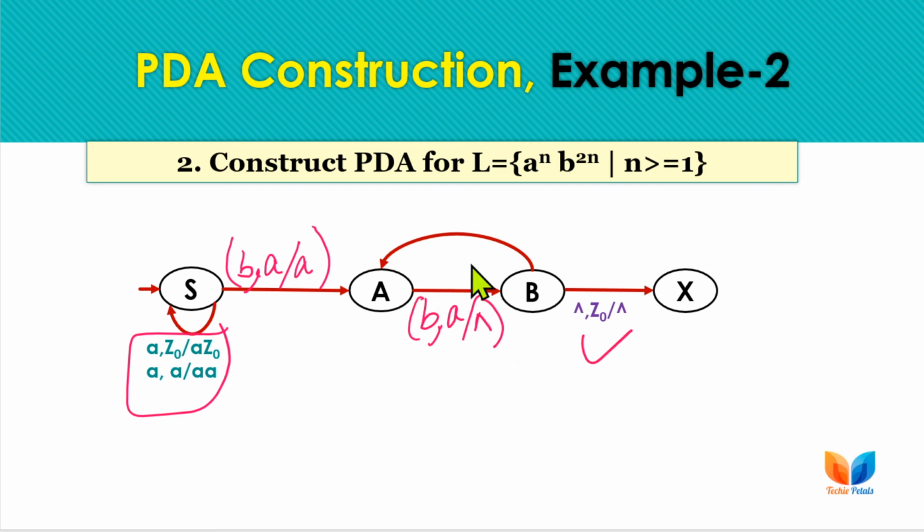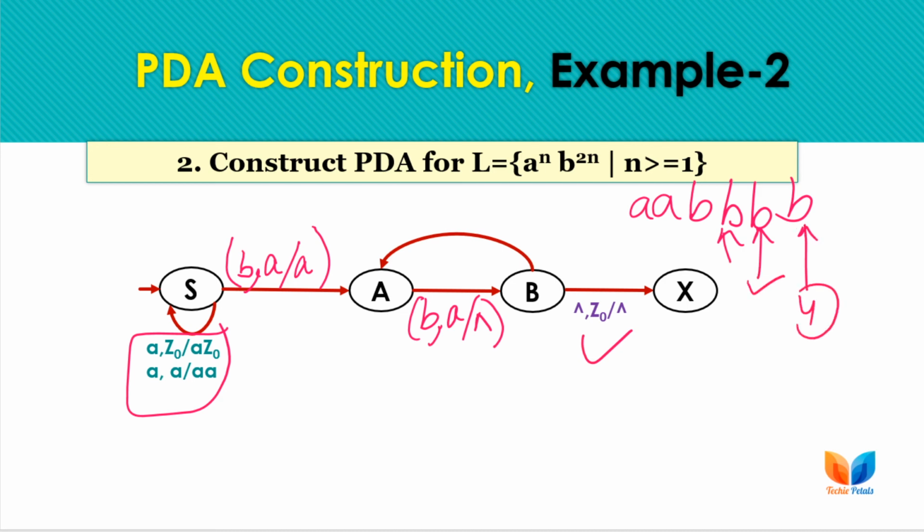And if we have other B's also, means if the string is 2 A's and 4 B's, and we are at this position. Now for the third B we have to repeat this process, means for the third B we have to keep the same stack top and move to the fourth B, and the fourth B is for the pop operation. So we have to repeat this loop. So for the third B, stack top is A and replace it with the same A and move to A.